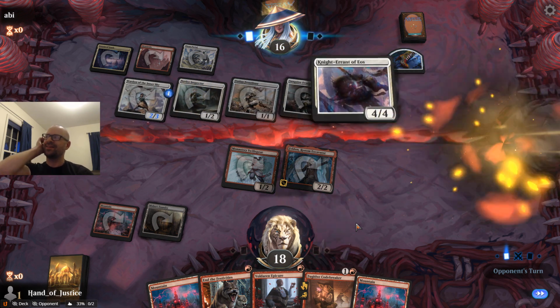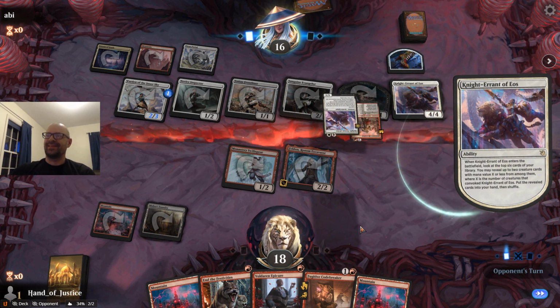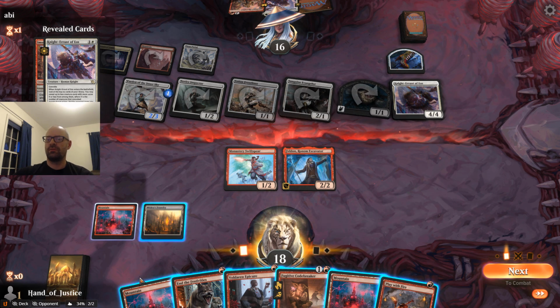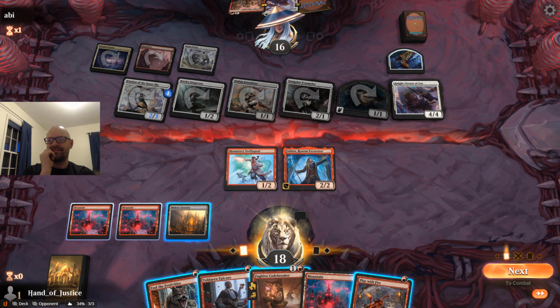Ah, they had the knight, unfortunately. That does suck. And they have Imidanes also. Okay, this is gonna be tough. Question is, can we get them to block? Probably don't block Swift Spear. Although if we go Codebreaker,